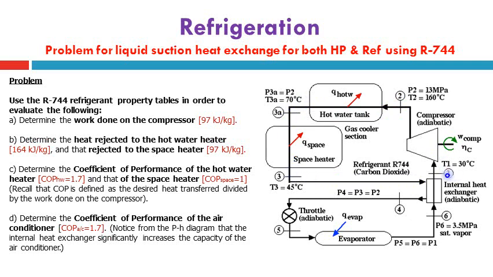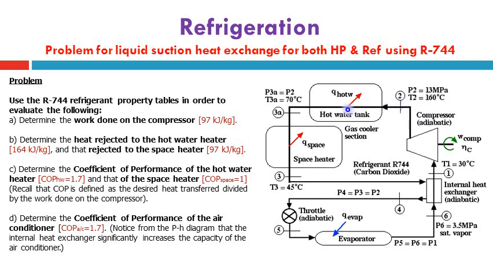The compressor compresses the refrigerant R744, which is CO2, from state 1 at pressure P1 3.5 megapascal and T1 30 degrees Celsius, adiabatically in an adiabatic compression process to state 2 to reach pressure P2 13 megapascal and T2 160 degrees Celsius. Then the superheated